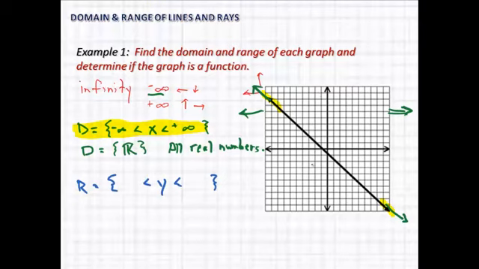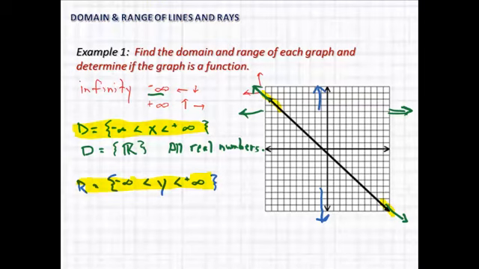And we start at the bottom. Well, there's no endpoint at the bottom. It goes forever. So we would call that negative infinity. And it goes forever up, so there's no endpoint there. So we call that positive infinity. Alright, so technically that's what our range would be, but we can shorten this a little bit and abbreviate it